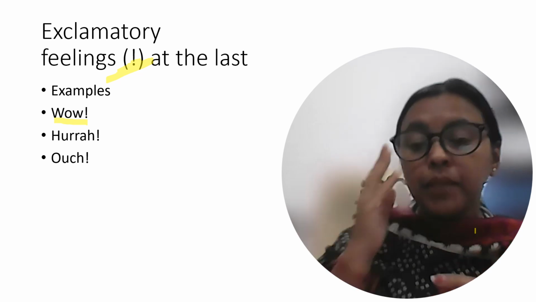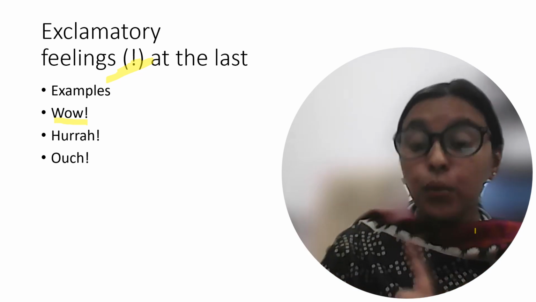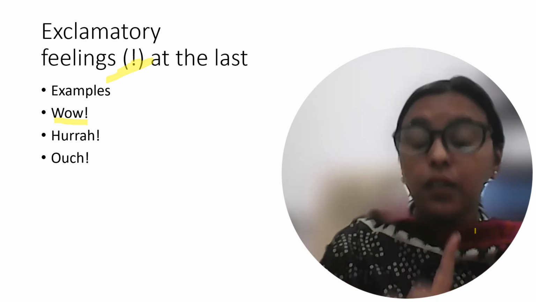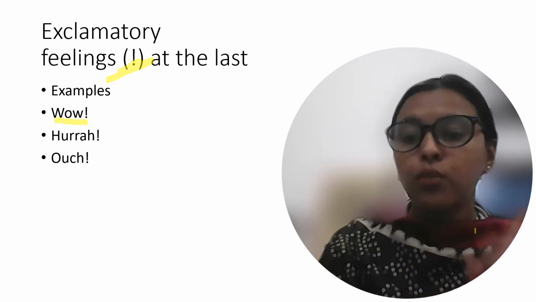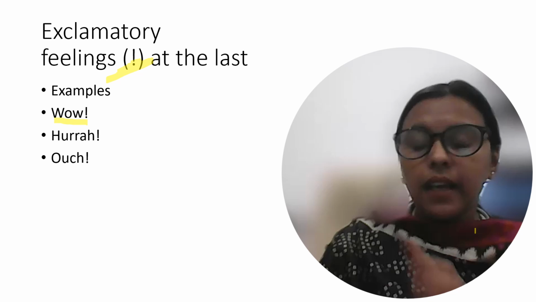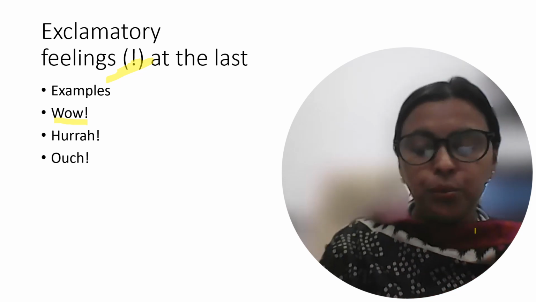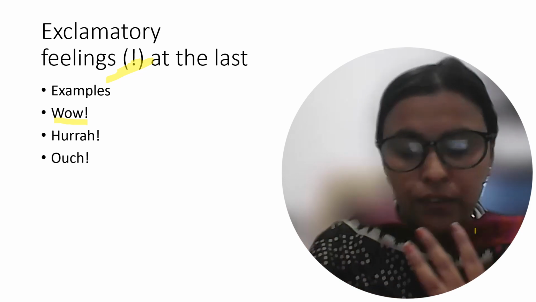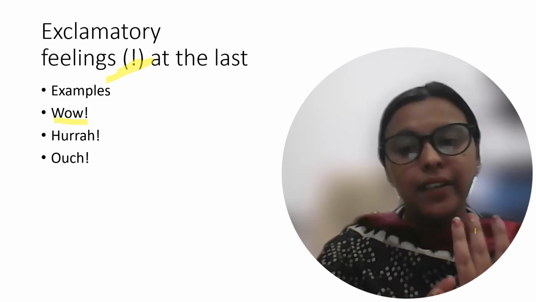It's easy for you to identify the kind of sentences, but you have to learn the spellings, otherwise your teacher is going to deduct the marks. Second thing is that quick revision we are going to do, that we have done four kinds of sentences: assertive or declarative, one and the same thing.